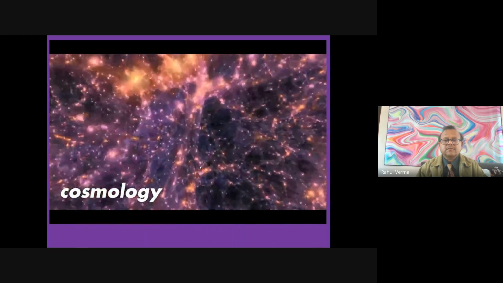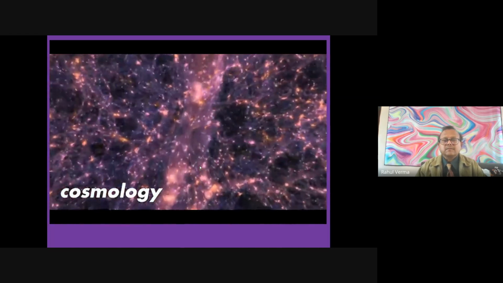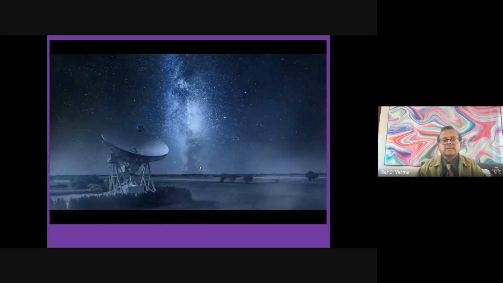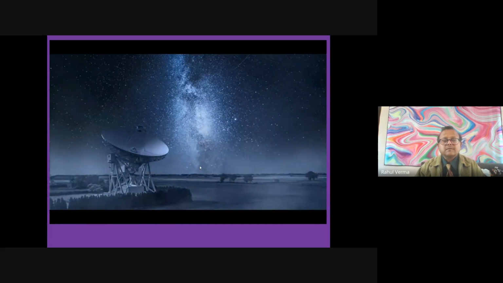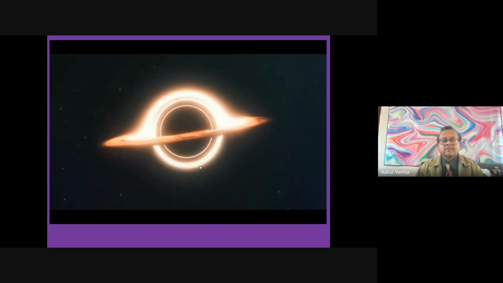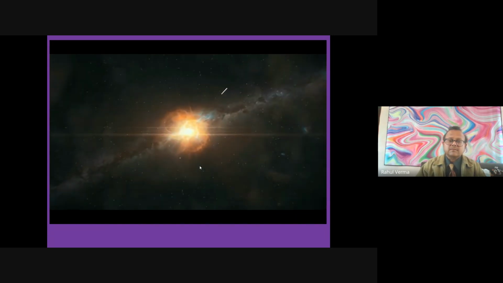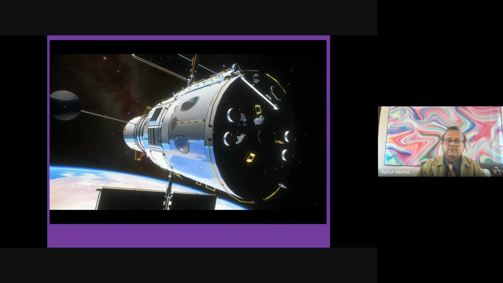Cosmology is the study of the large-scale properties of our universe as a whole. This means that cosmologists will look far into the past of how the universe was born, all the way to how it will die. They look billions of years into the past to the edge of the observable universe to see how this whole universe was created. They also test modern theories of physics to determine how it's going to die. What is the fate of our universe? Well, scientists have built instruments to test this.